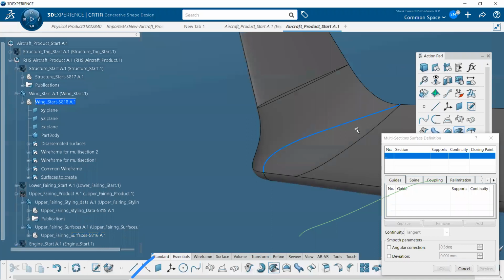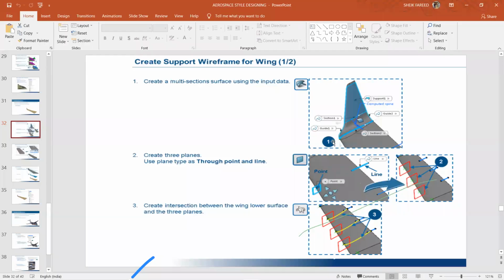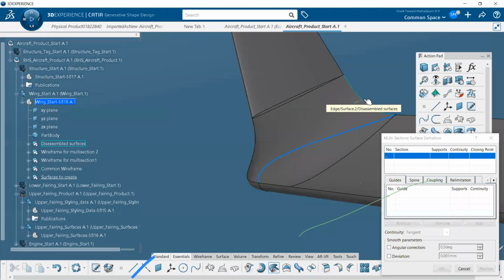That is the first thing. Select this one, and here you have to select this profile, and you have to select this profile, and this profile, and this profile. Make this one as a guide, and this one as a guide, and this one as a supportive surface.